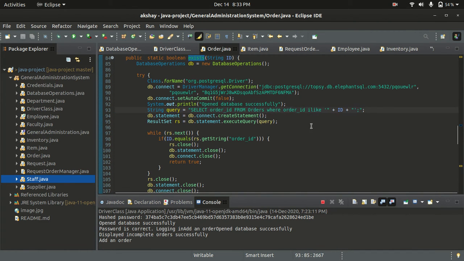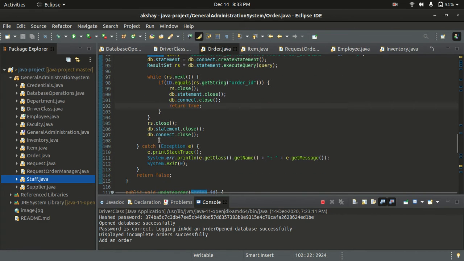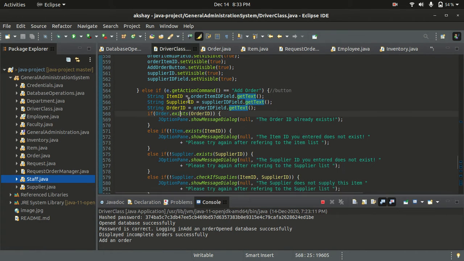So it lists out all the order IDs which are similar to the argument. So basically it will check if the order ID is already there or not. If it is there, it will return true, else it will return false.